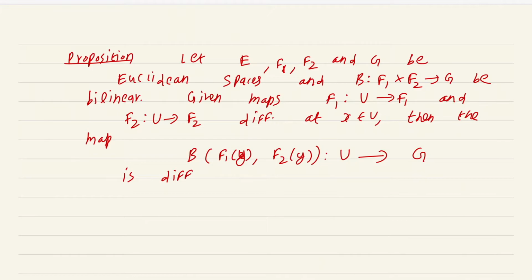So essentially we are taking a generalized product of F1 and F2 via this bilinear map B is differentiable at